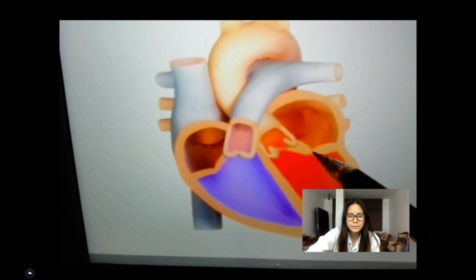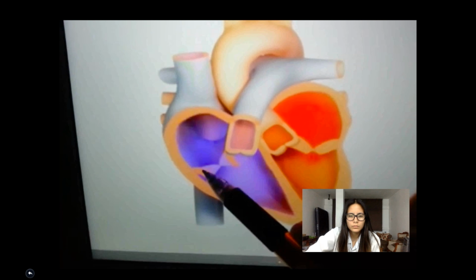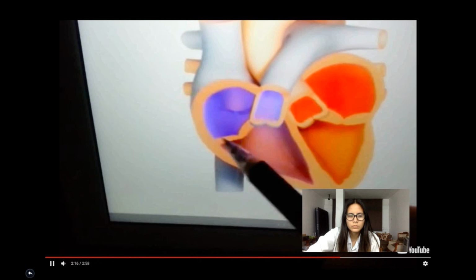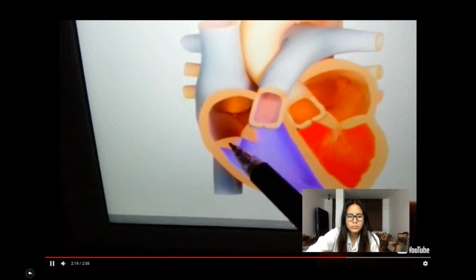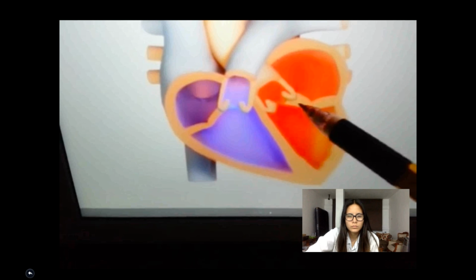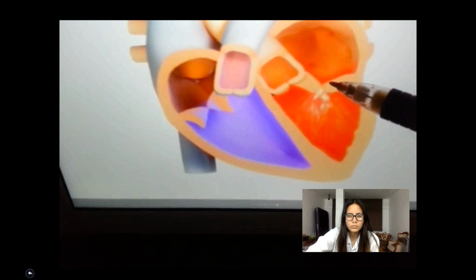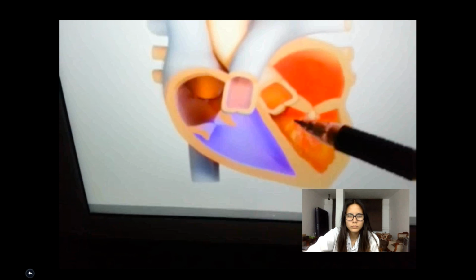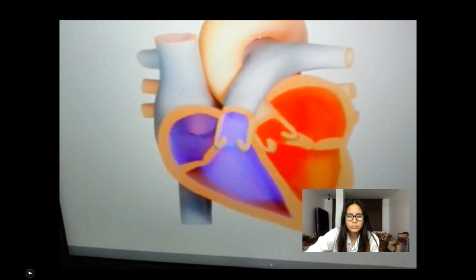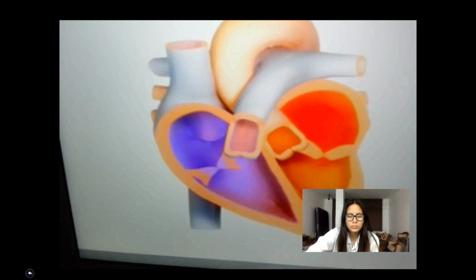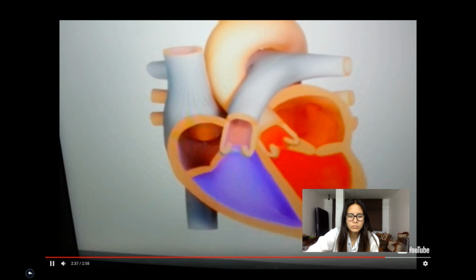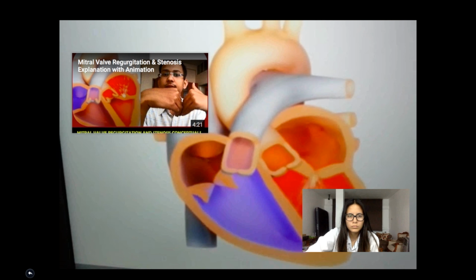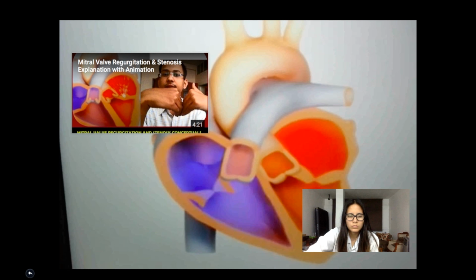Now you may compare the abnormal valve with the normal valve, how this is opening. So you may have the 3D view. The valve is opening completely. It has three cusps, tricuspid, and the mitral valve has only two cusps. Now you may see how meagerly it is opening and how well it is opening. Just compare it, and you yourself can deduce what would be the consequences. So this is the advantage of seeing the animation and correlating with the clinical presentation. So this was the